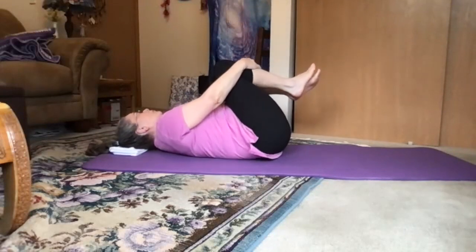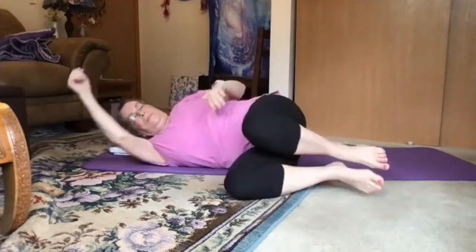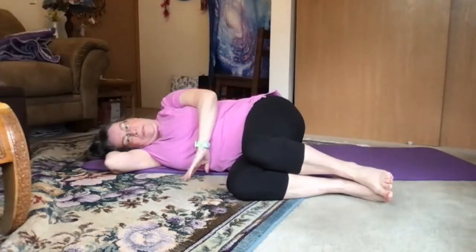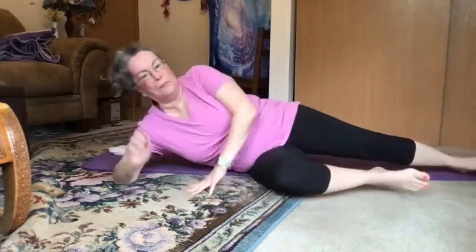And whenever you're ready, just rock all the way to one side into a fetal position using your bottom arm as a pillow. Use your top arm to press into the hand, to press into the floor and bring yourself